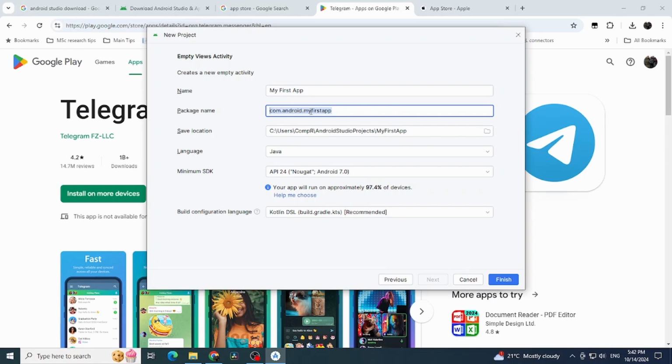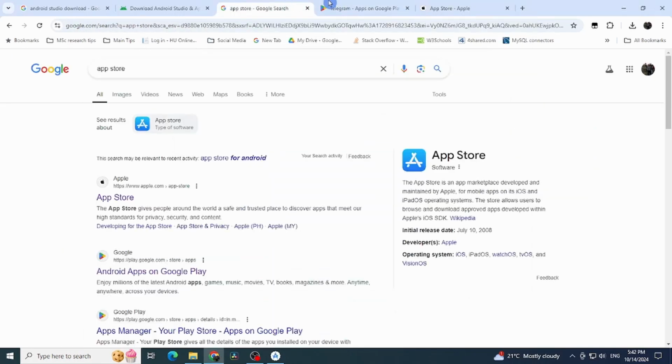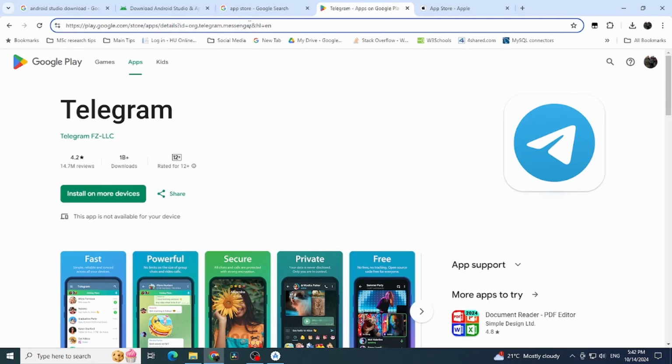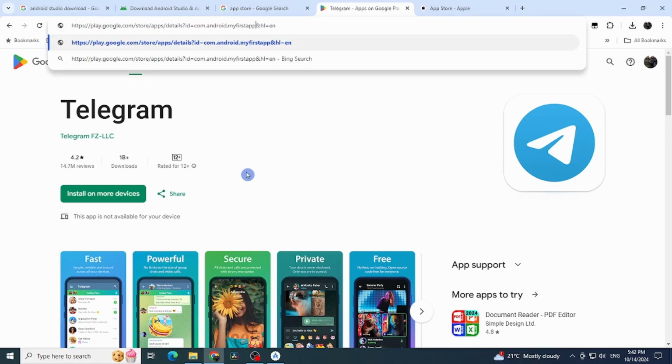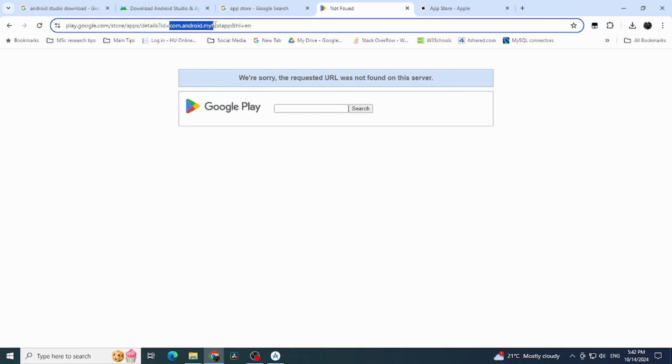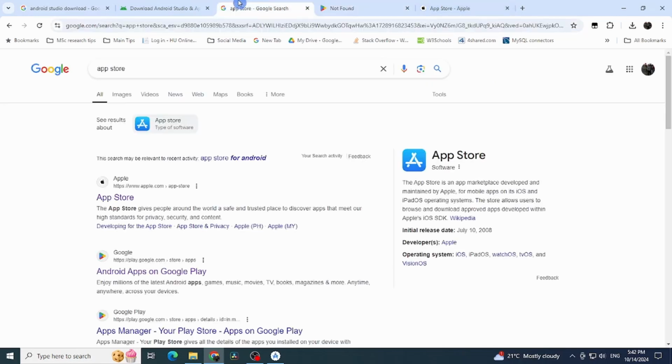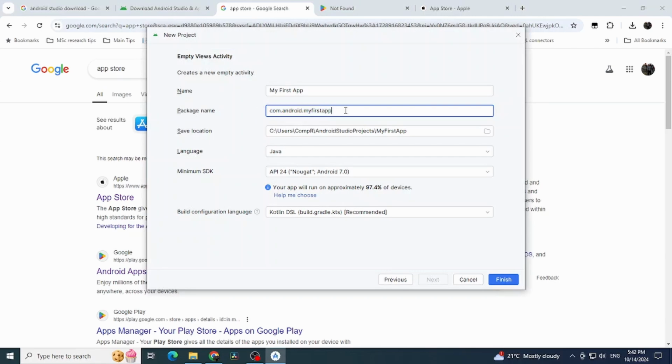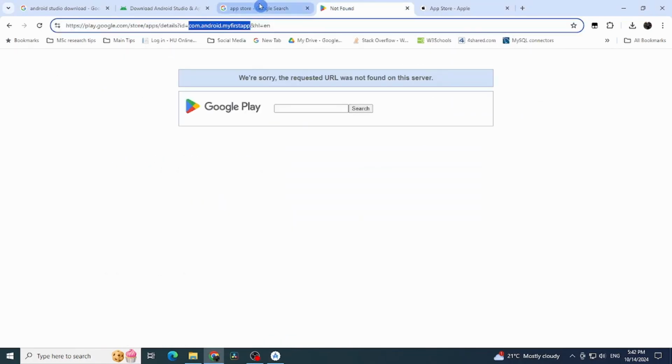Let me copy my package name. Okay, copy. ስለዚህ let me check whether it has been occupied. Let me paste it right here, ID equals com.android. So let me check whether it has previously been occupied or not. Enter. So this ID is free. This package name or ID is free, so I can use it to develop my application and then deploy it to the App Store,